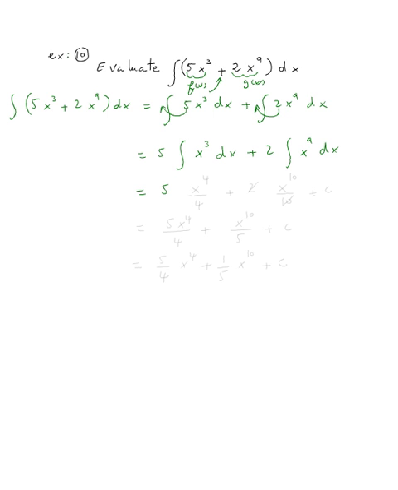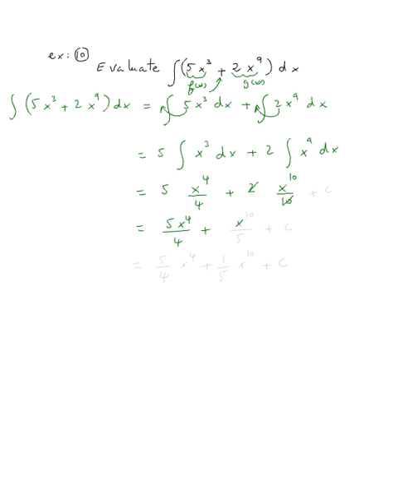Now this is equal to 5, and now we use the power rule for integrals. x^4 over 4 plus 2 times x^10 over 10, since 9 plus 1 is 10. In this case we can simplify the 2 with the 10. So this is going to become 5x^4 over 4